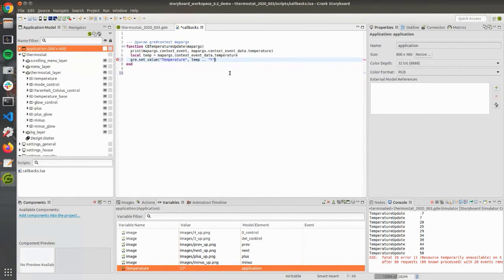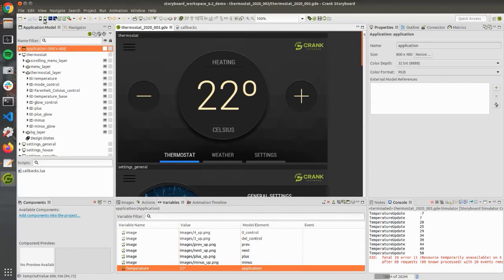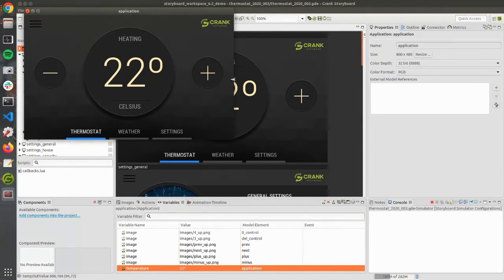And Lua is a dynamic interpreted language, so you can do the type conversion inline here, and comment out the print statement. But in 2 lines of script code, you can actually receive a value from an external source and present that to the UI. So if we go back, run our application,